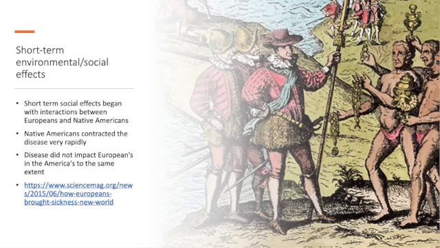Since the disease was so new, it started to wipe out the population in North America. Due to the population being wiped out, things like plants and animals in the environment were not being taken care of as often as they were before. So that led to people not being able to get things that they were able to get before, since there were not as many people producing things.